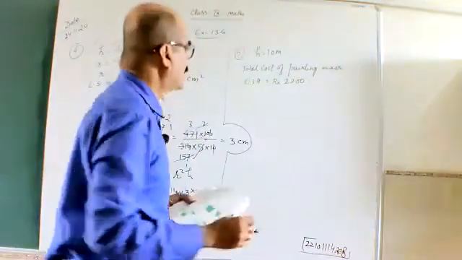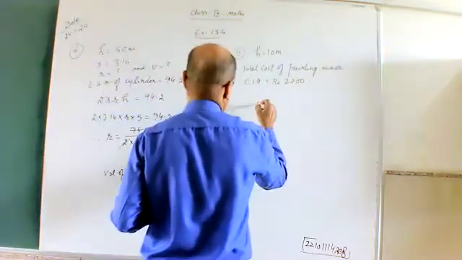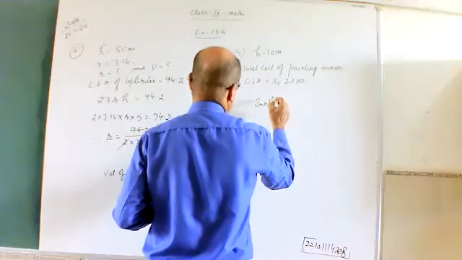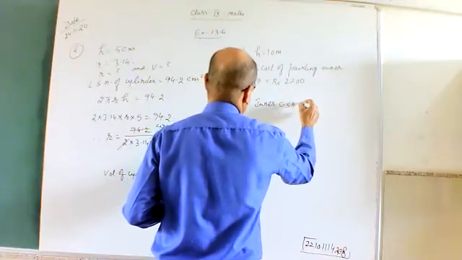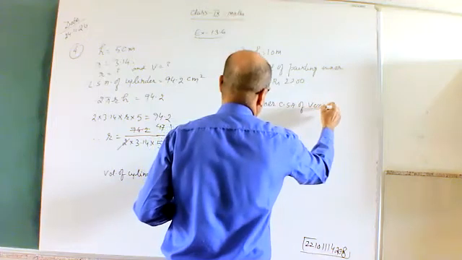Okay? So therefore the inner curved surface area of the vessel will be